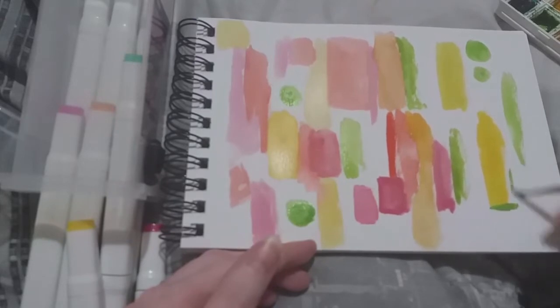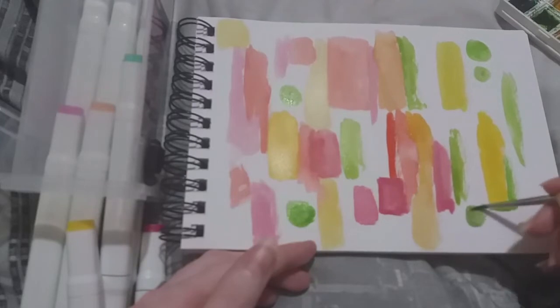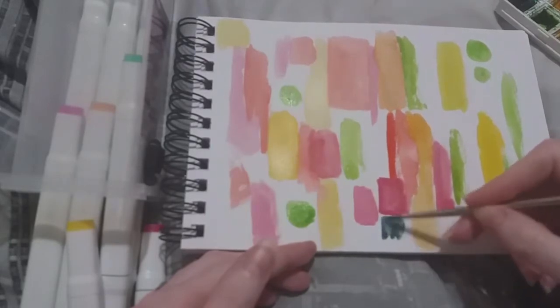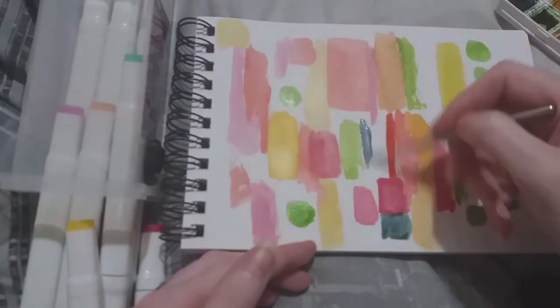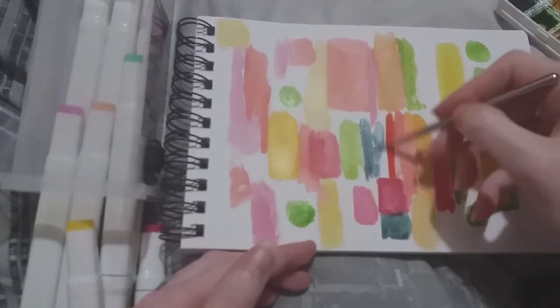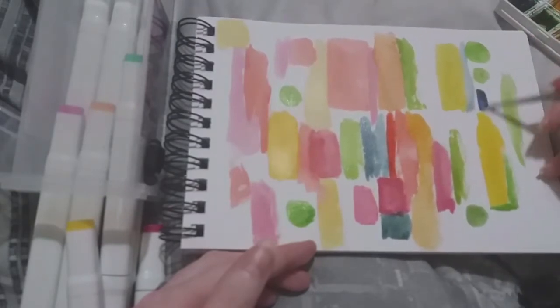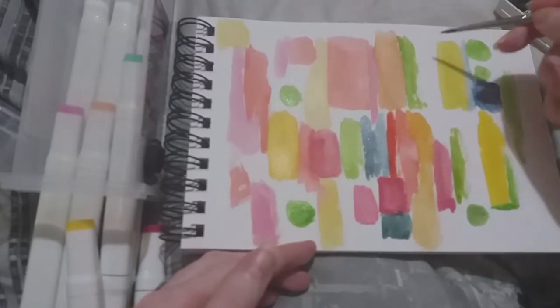You can also use colours to outline, to create a little bit of a border, so to speak. I'm going to go into a little bit of blue now, and I've mixed that with my green. So you get a bluey green colour. So I'm just going to keep building this up. And as each little portion of this dries, I'm then going to go over some of it